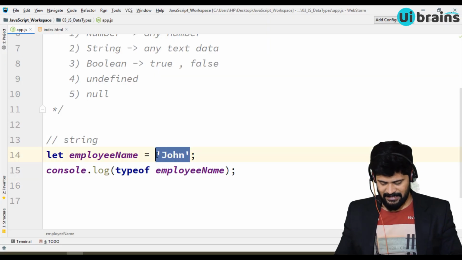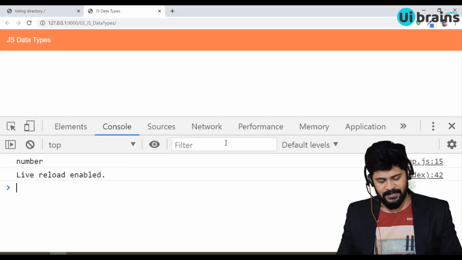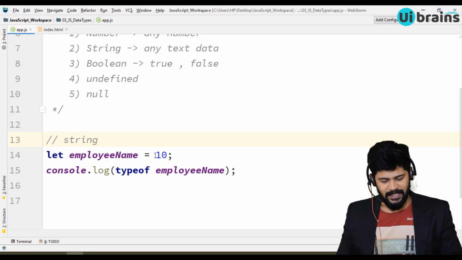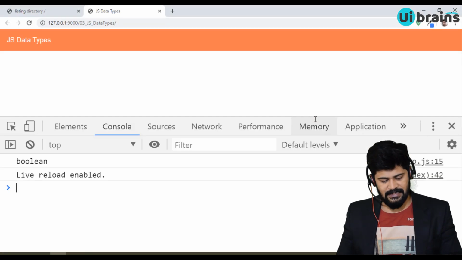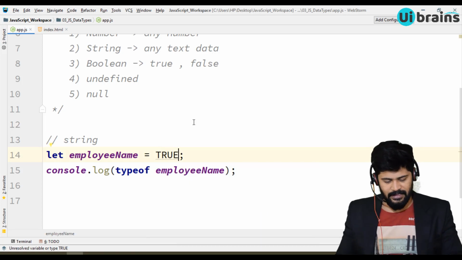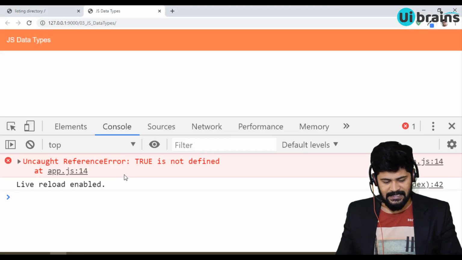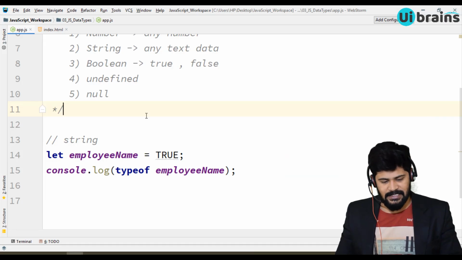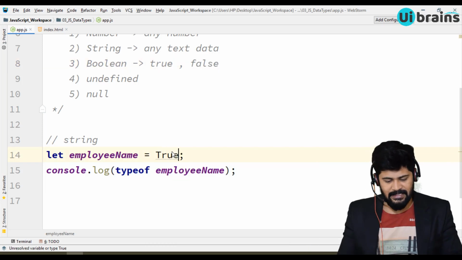When I say 10, I have not declared any number, right? You get the type is number. When I write true, you get the answer boolean. If I write capital True, can you guess what happens? Is it boolean? No, it is an error, because as I said, boolean means just true and false, and not even this capital True, and not even this True either.